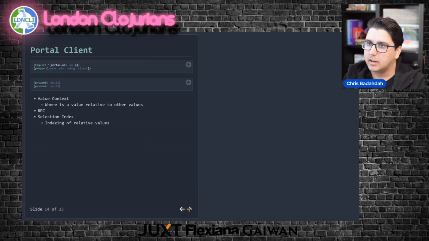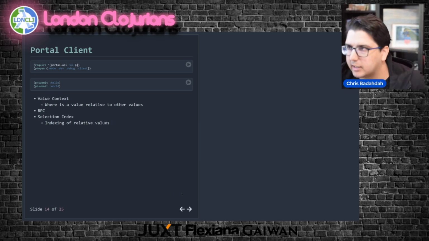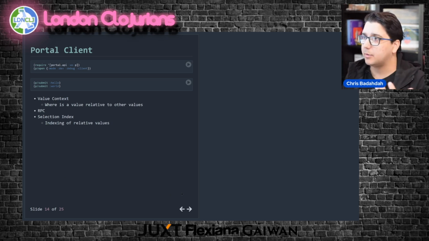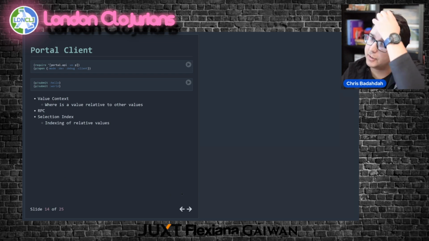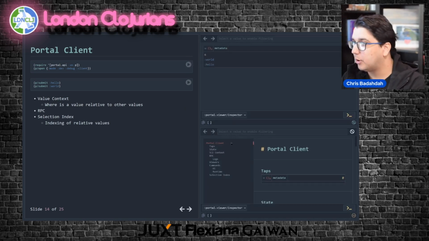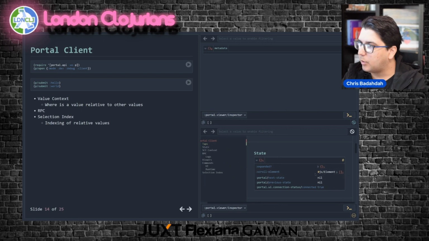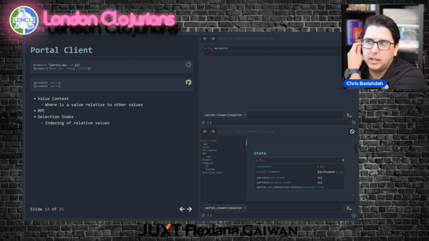So we can take a look at the client state, which is the other end of this, right? We inspected the server state, but likewise, the Reagent application has state as well that we can take a look at. And so here, where before we saw portal server, here we're seeing portal client. And you can see that the things I care about from the perspective of the client are whether something is expanded, and whether or not there's a next state. So let me get some data into Portal.